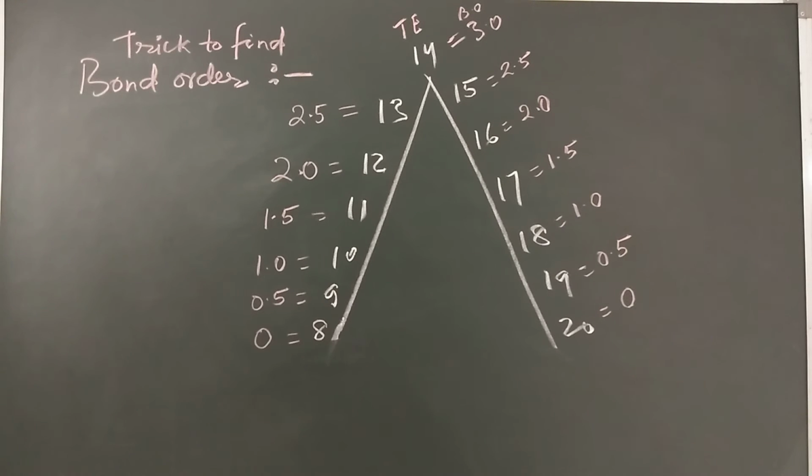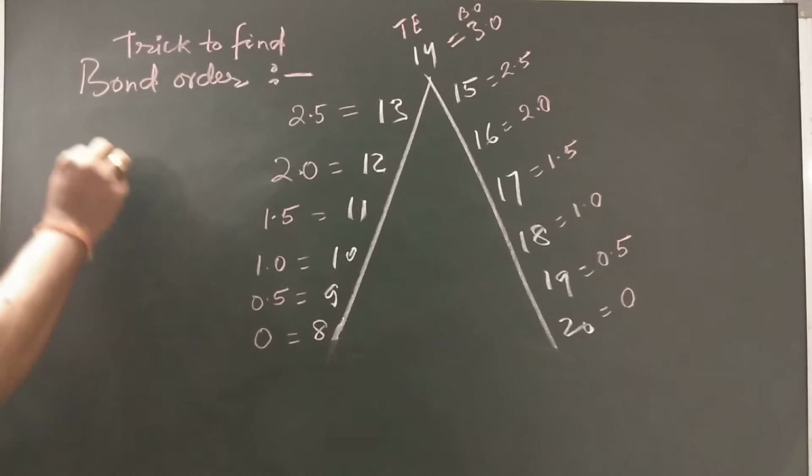So keep in mind that in case of 8 and 20, there is no bond between the atoms in the molecule. So these species do not exist. Like there will be no molecule like He2, helium diatomic, or beryllium Be2 diatomic, or Ne2. In such cases there are no bonds possible, so the molecule does not exist.